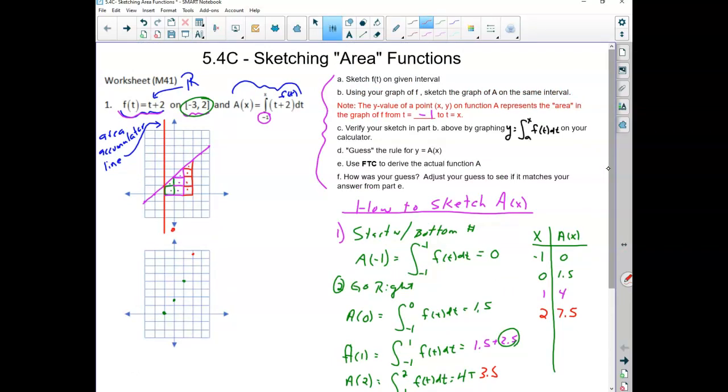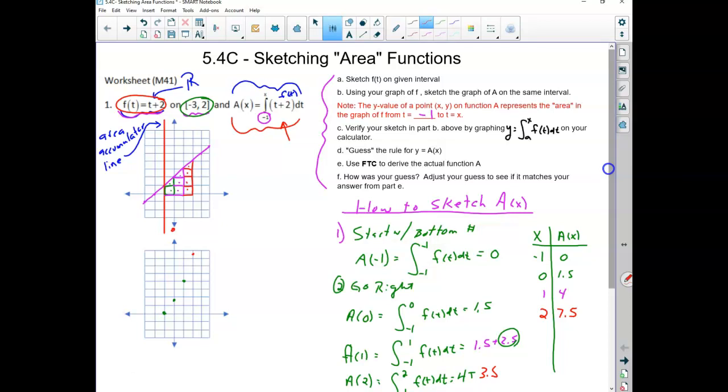is, what the heck is A of x? Now, A of x is an antiderivative of f of t. And if f of t is a line, the antiderivative of a line would be a what? A parabola. So as you can see, these points I plotted here are not going to connect in a line, but you can see that they are connecting in an upwards increasing curve, and you can see the concavity